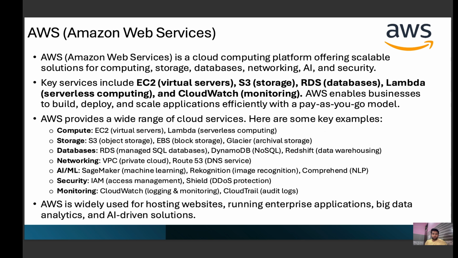So what is AWS? I think you all know. It is a cloud computing platform offering scalable solutions for computing, storage, databases, networking, artificial intelligence, and security as well. There are multiple services available in AWS, like EC2, S3, RDS, which is a database, and Lambda, which is used for serverless computing. CloudWatch is for monitoring and logging the data, the usage, and the errors of those